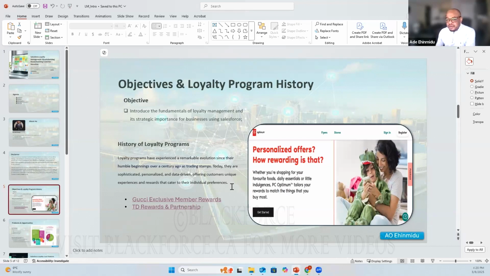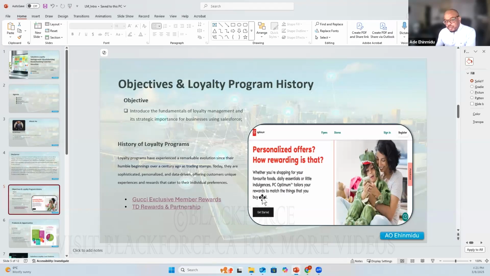Today, we are surrounded by a lot of loyalty programs. As you would know from this picture, a lot of us, if we are in Canada, we know about PC Optimum. I am one of the users. I'm a member of this program to the point that if I'm out of fuel and I'm looking to refill, I would be looking for Esso, because I want to get my points, because you can redeem that point maybe in store for service, for product, for anything that is part of this reward program.